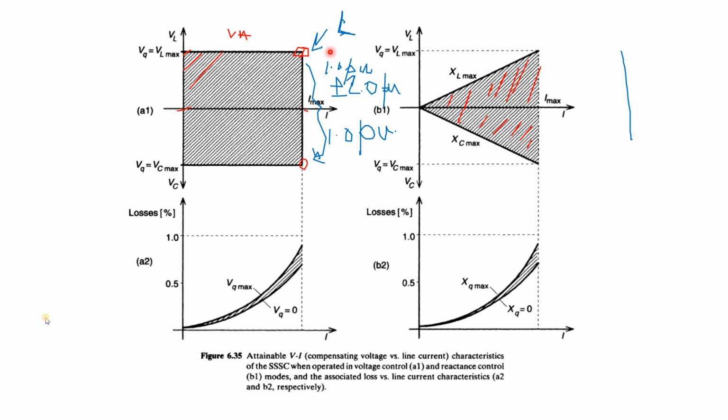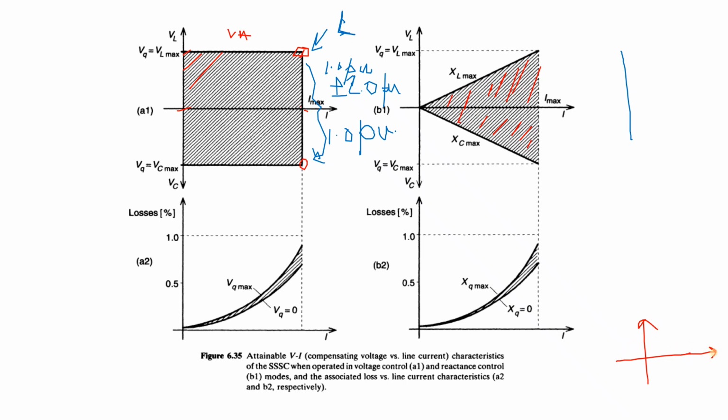So generally what happens, if you rely on an SSC mode, then you will have 2 per unit of VA rating capacity. That means 1 per unit is for the inductive one and 1 per unit for the capacitive one. But in many cases, to avoid this, because the VA rating becomes double, it cannot be